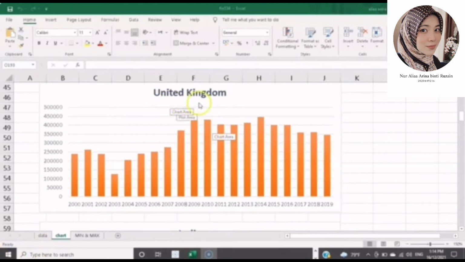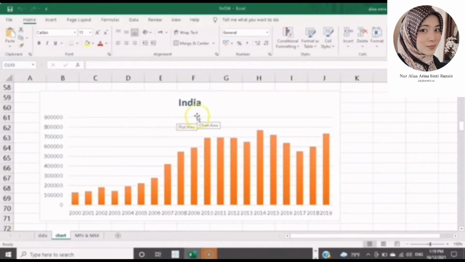Next, we have United Kingdom graph. As you can see, the lowest value is in 2003, which has the value of 125,569, and the highest value is in 2014, which has the value of 445,789. After that, we have India. So as you can see, the lowest value is in 2003, which has the value of 145,153, and the highest value is in 2014, which has the value of